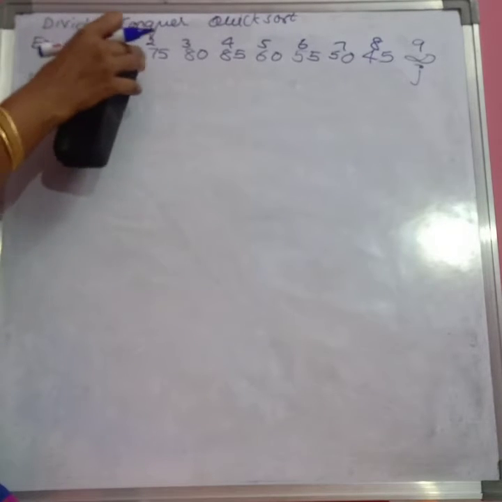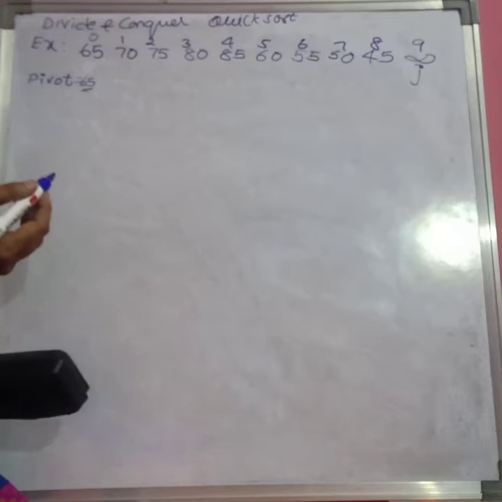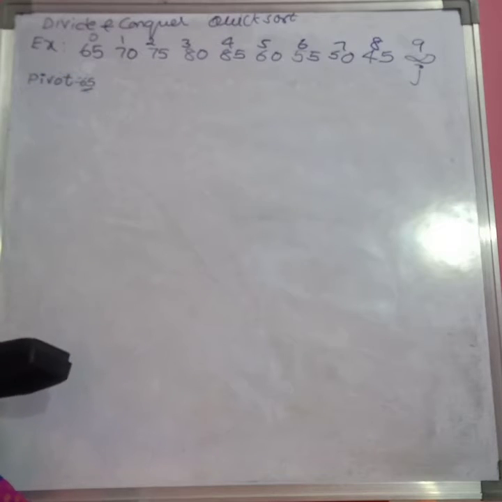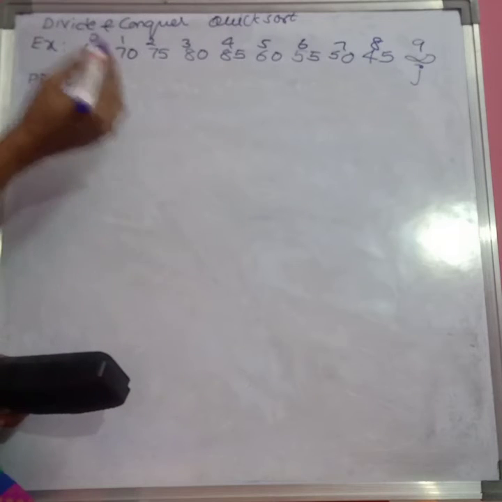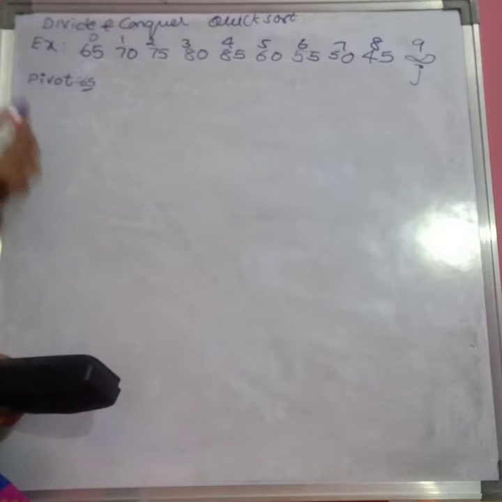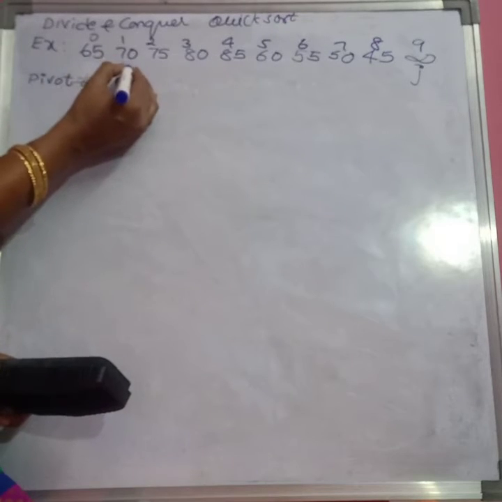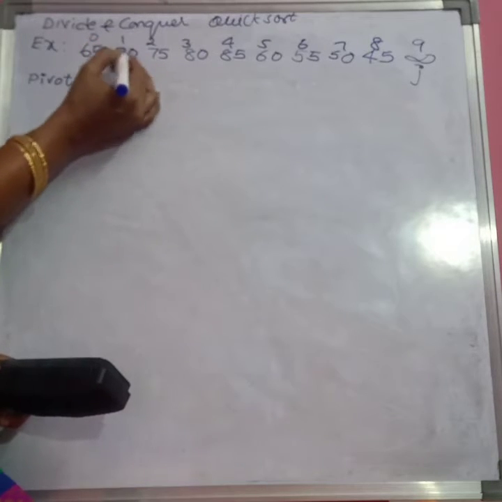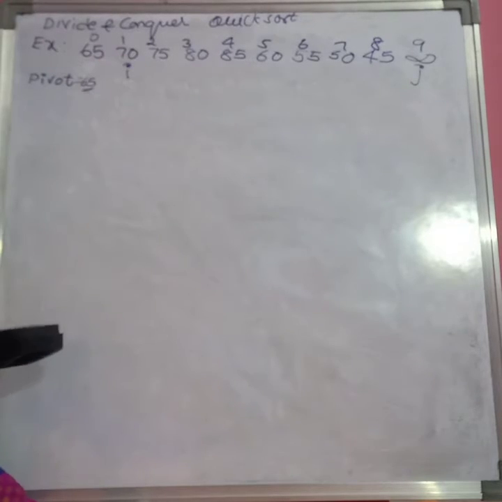I keep incrementing i from the first element to the second element until I get an element value which is more than the pivot element. I increment the index from the lowest index till I get an element value which is more than my pivot element. Here I moved from this point to this one, so the i value now becomes 1. This element value itself is more than the pivot element, so stop incrementing the i value.